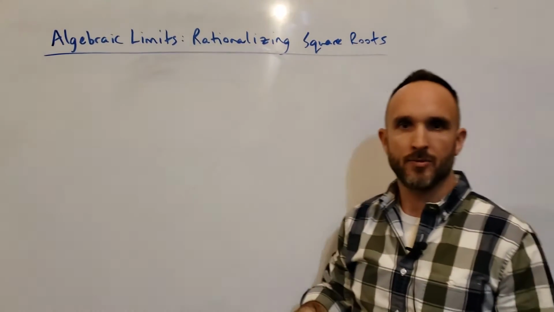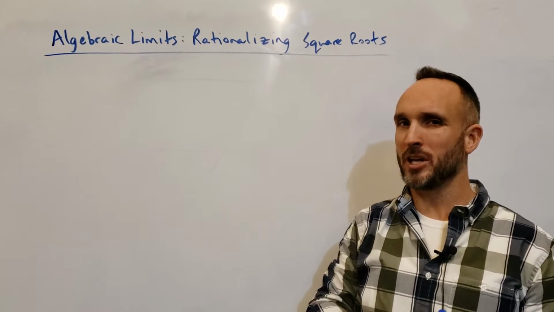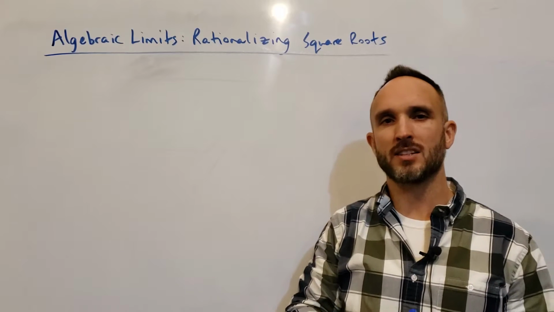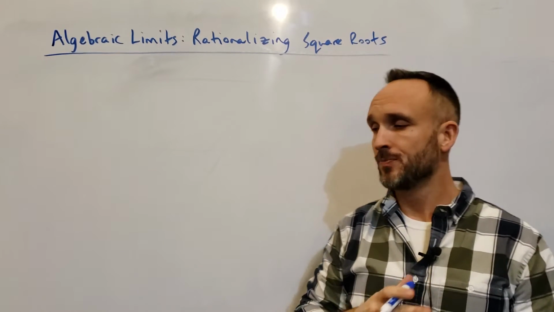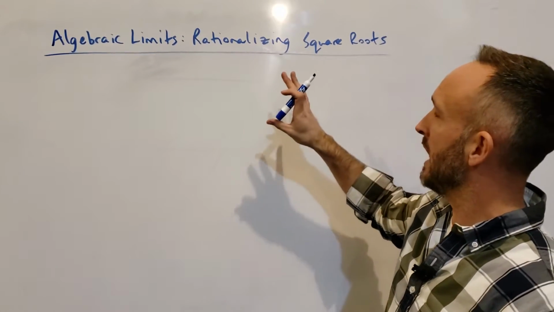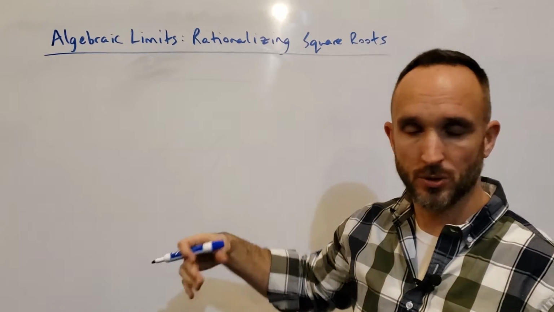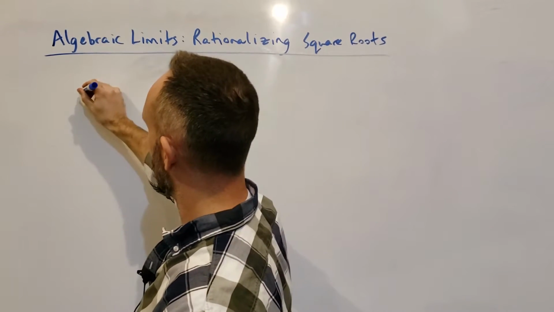So in your algebra classes, you probably have rationalized denominators before. It's the process of getting rid of a square root in a denominator. Now, what we're going to look at, though, is rationalizing square roots with regard to limits. So, for example, let's say I want to consider the limit